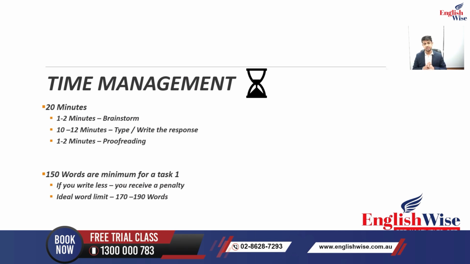For your task 1 question, academic, you are given 20 minutes of time like we discussed before. These 20 minutes of time should be utilized properly. So the first couple of minutes, you need to brainstorm the question. We'll discuss what brainstorming can be done for different types of question. But this is where you need to decide what trends you're going to use, what comparisons will you make in